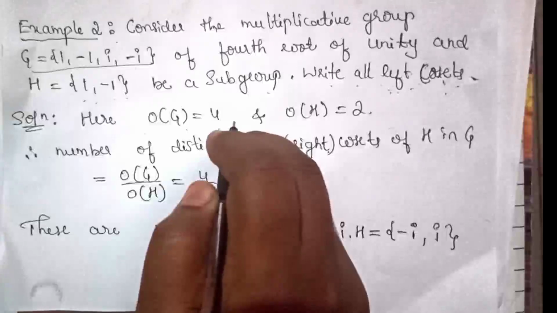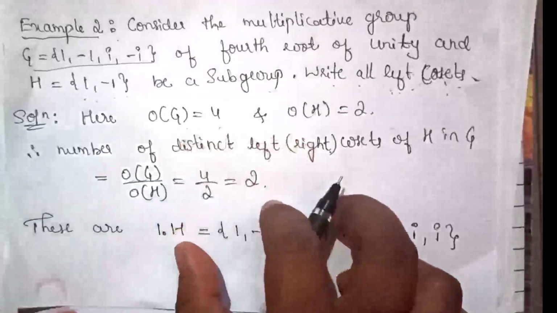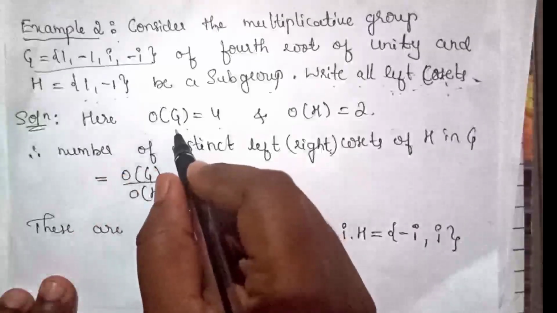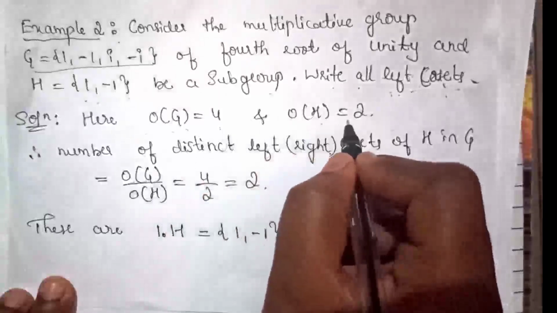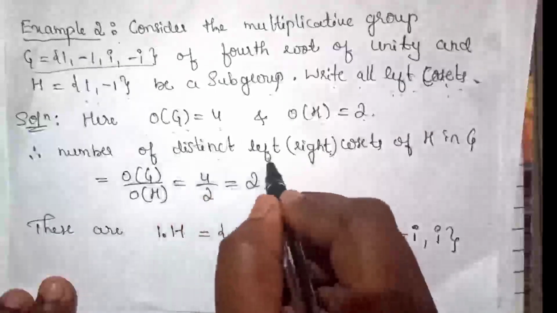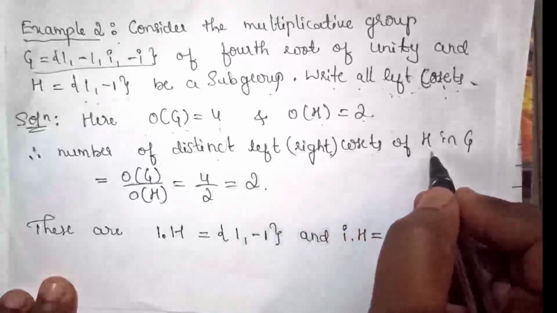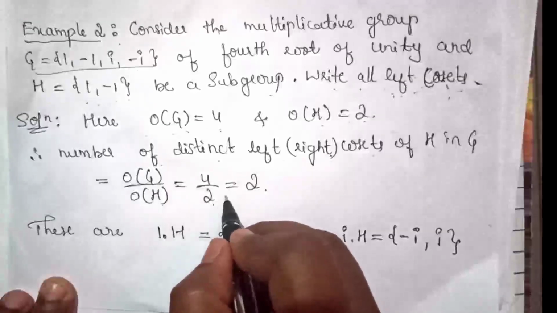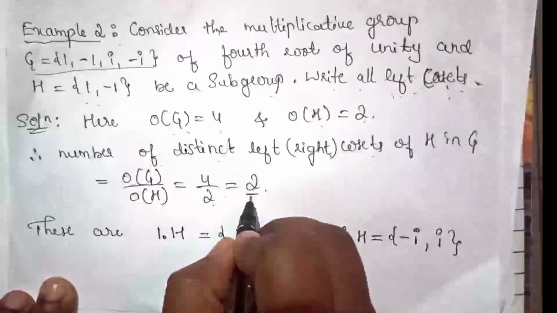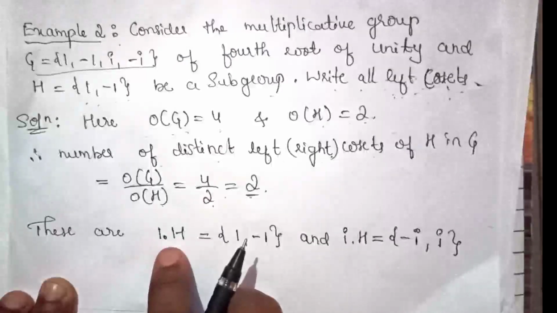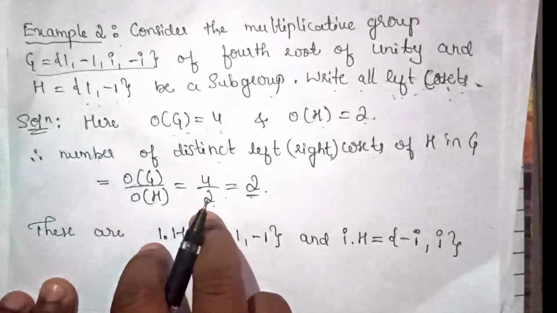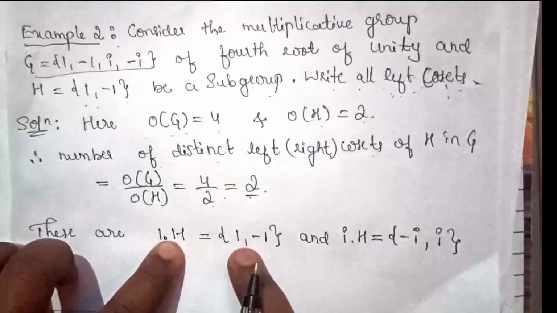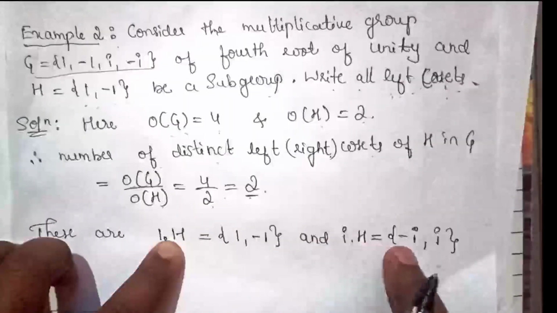By using the index of the subgroup, we can write only 2 different right cosets. See here, solution: order of G is equal to 4 and order of H is equal to 2. Therefore, the number of distinct left or right cosets of H is equal to order of G divided by order of H, which is 4 divided by 2, which is equal to 2. Therefore, there exist only 2 different right cosets or left cosets, and those are 1 dot H equals {1, -1}, and i dot H equals {-i,